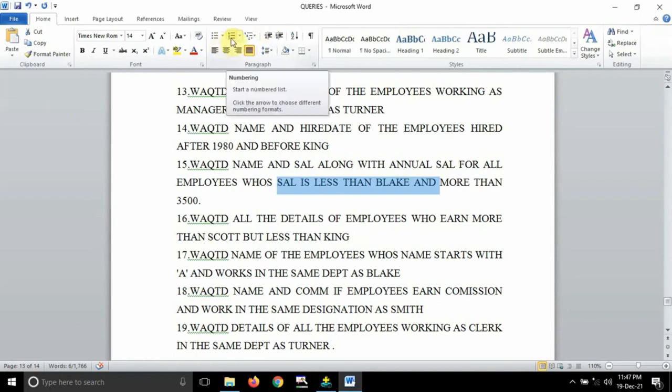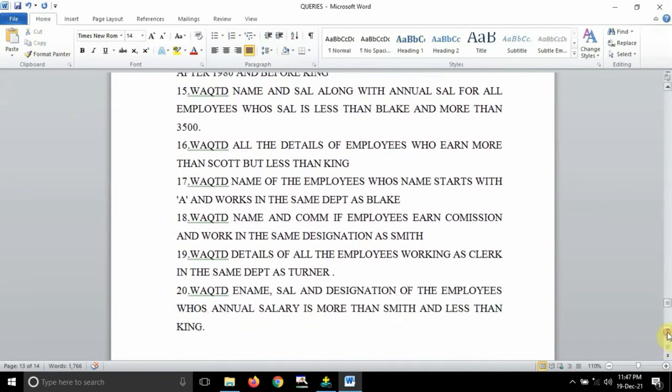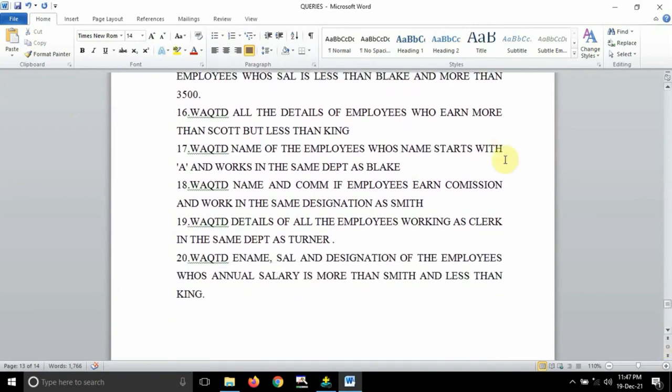Okay, so 15th one guys. Okay, so 16th one, let us try to solve that one. Last four queries guys. Write a query to display all the details of employees who earn more than Scott